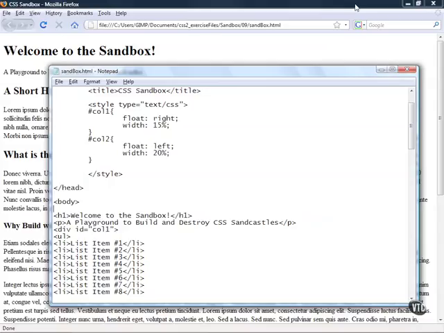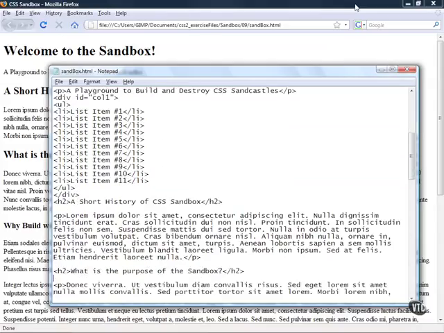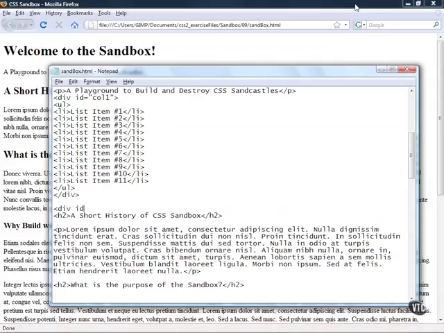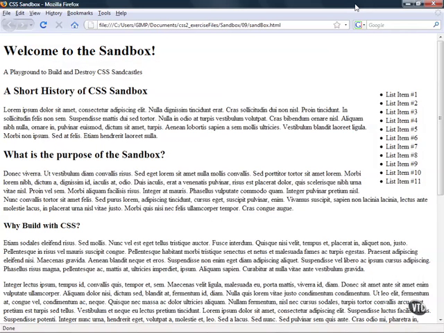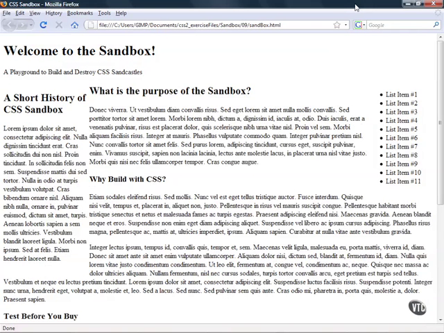And then I'll jump down and set up the div ID of column 2, or col2, to the next group of HTML tags. I'll save that and then jump back in here and refresh. And now I see that I have a short history of CSS Sandbox floating out to the left. So here we have the essence of our